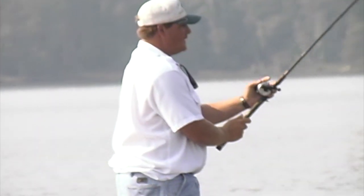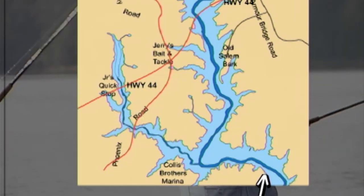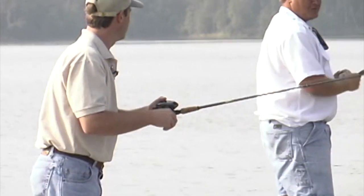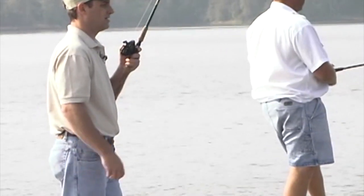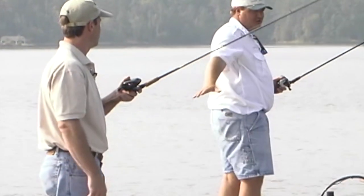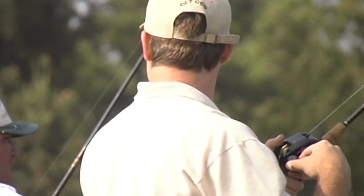A lot of people hear about the pipeline down here at Oconee, and it's trashy. But what it is, we're sitting in 7 foot of water right here, and you see how far off the bank we are. The actual pipeline itself is in those trees, and it runs straight across the lake, but what you've got is just a huge sand flat right here. This spot's pretty